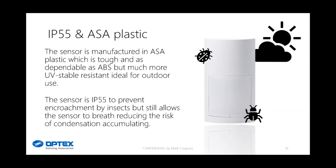Now, the reason that we're also using ASA plastics is that it's far more resistant to UV sunlight. So on maybe units from back catalogue, VX402 for instance, it's a product that I can think of that's made of ABS. Now that plastic, while very tough and robust, could be susceptible to UV damage, and what happens is that you get discoloration, and also the plastic becomes quite brittle, so it would be necessary over time to replace that